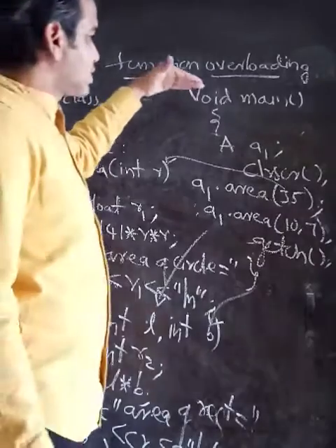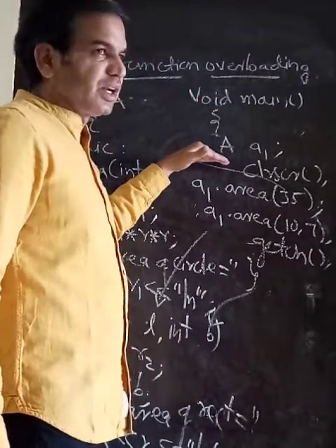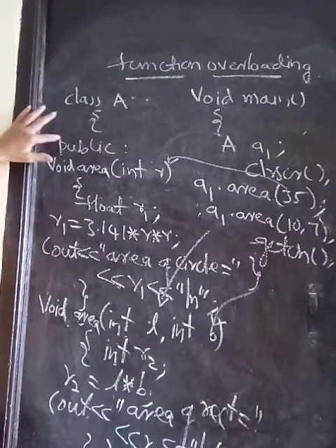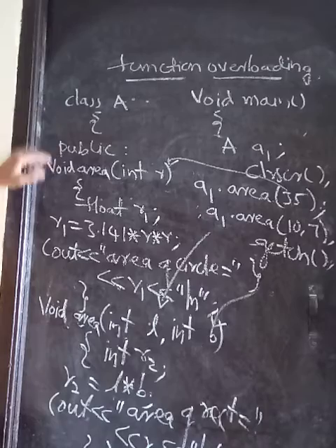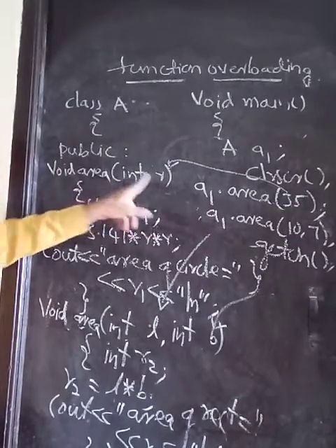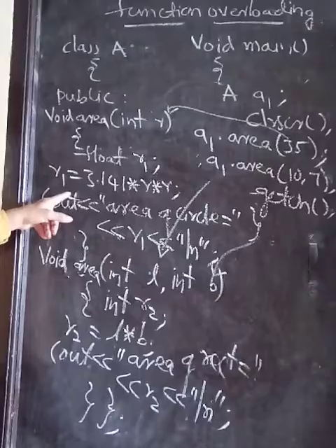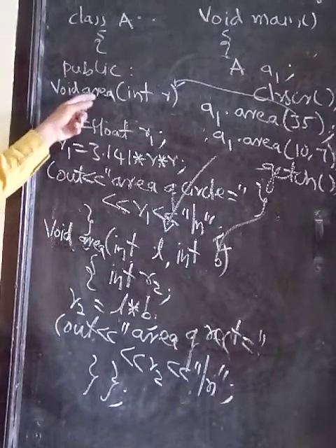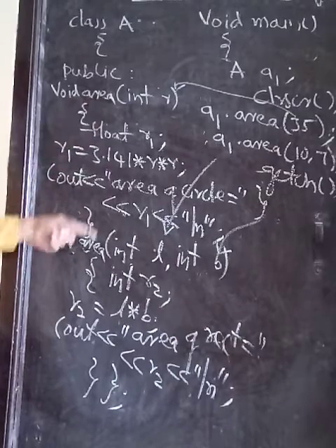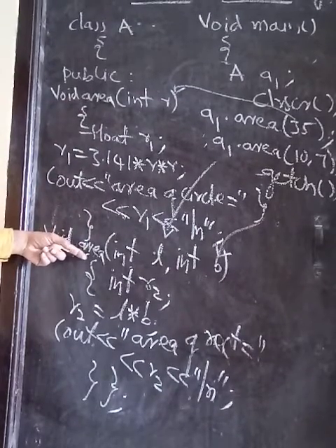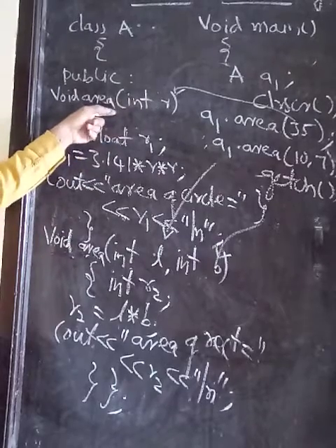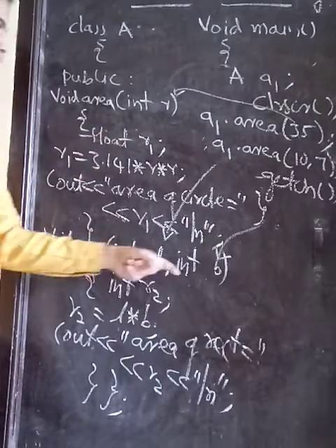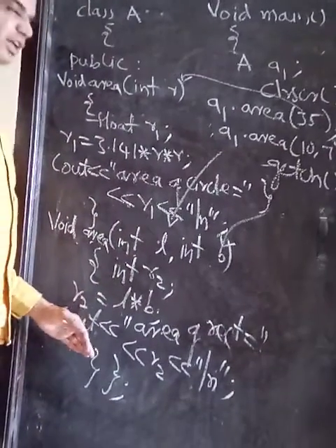If you trace the program, the cursor comes to void main. So capital A is the class name. First of all, this is a class template. I am not taking any variable as private or public. Void area integer R receives R. So R1 is a variable, we are finding the area of a circle, then displaying it. So multiple functions are there which have the same name. This is called function overloading: the function name is the same but the passed arguments are different. So one receives only one argument, but here it receives 2 arguments. It will perform the area of a rectangle, then display it.